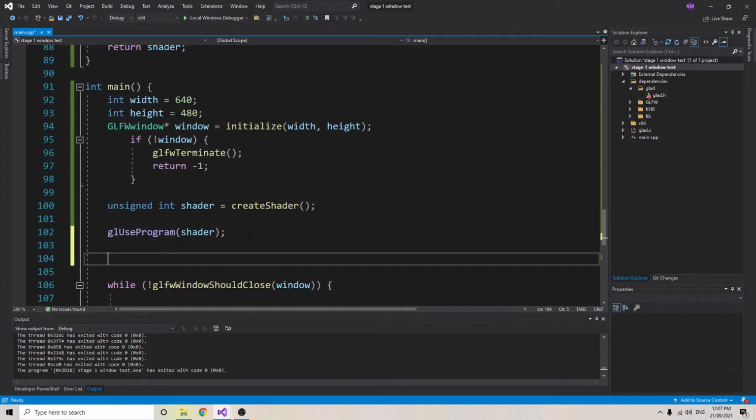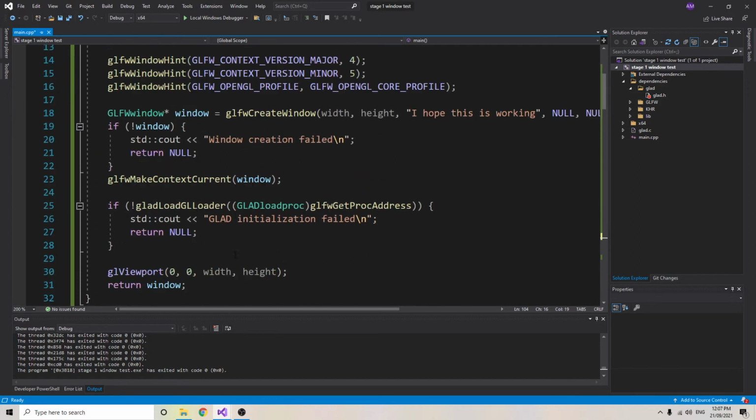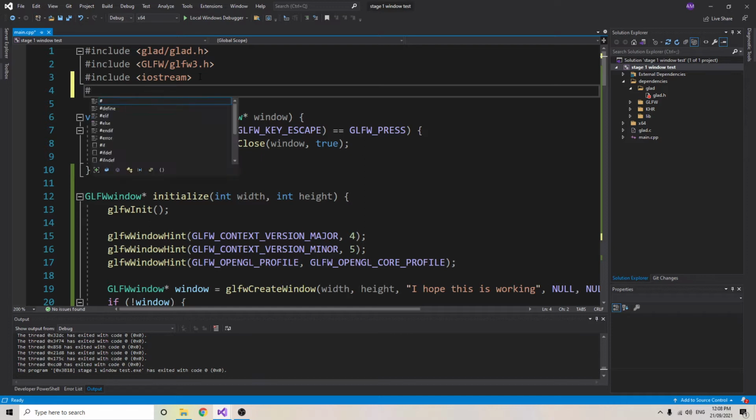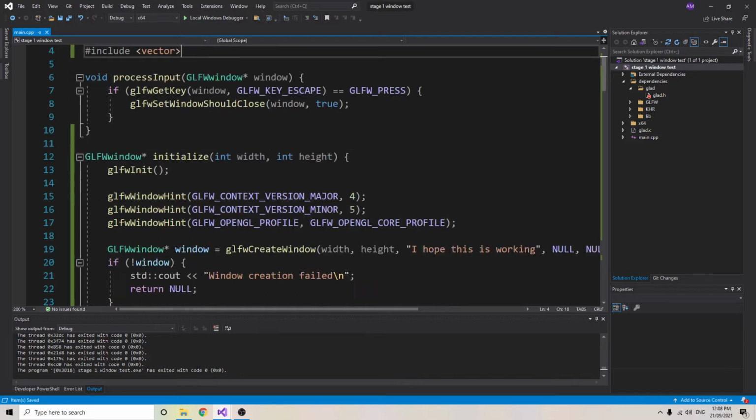Okay, I just wanted to talk about that language a little bit because it does come up, especially in newer generation APIs. So to start with, we want to declare the data for our triangle, and the format of the data will be X, Y, Z, followed by red, green, blue. I'm going to use a vector for this. A vector is like an array, except we can resize it on the fly. There's no particular reason to use a vector. We could use an array just as well, but why not? So we'll include vector, and then down here,